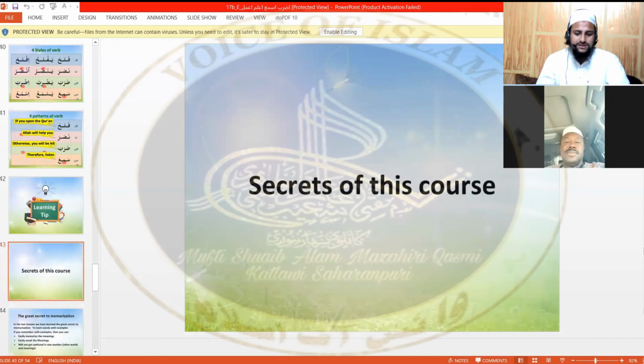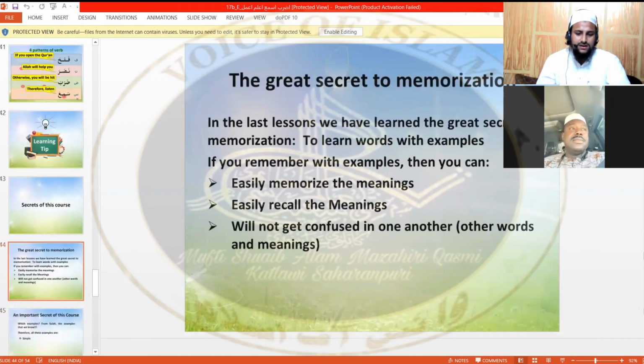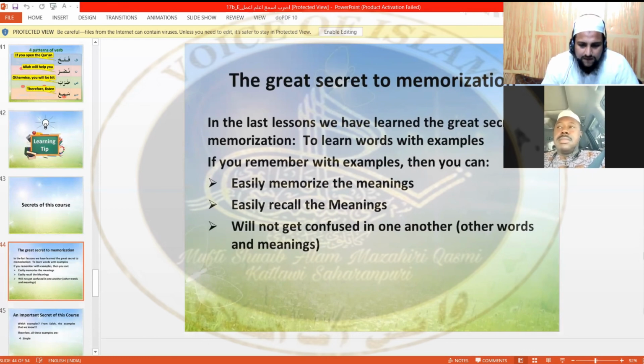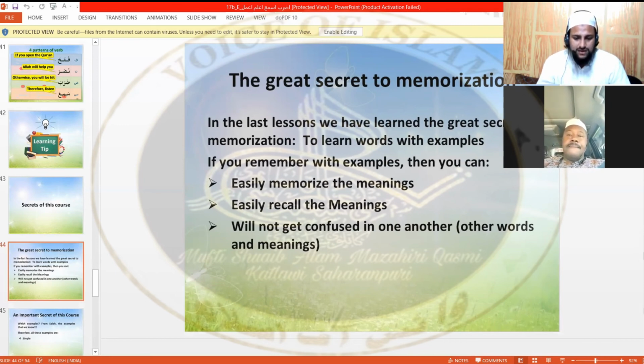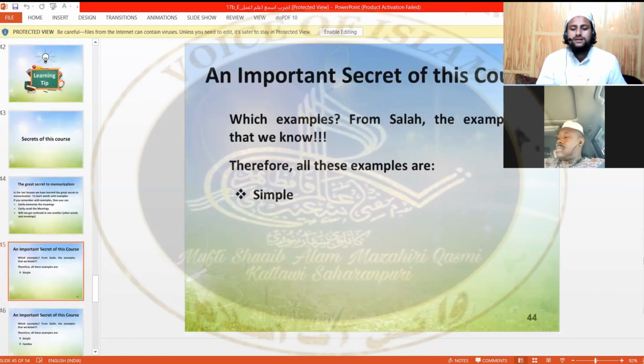There are learning tips, secrets of this course. The great secret to memorization, which we learned in the last lessons, is to learn words with examples. If you remember with examples, you can easily recall the meaning and will not get confused between words and meanings. An important secret of this course is examples from Salah, which we know.